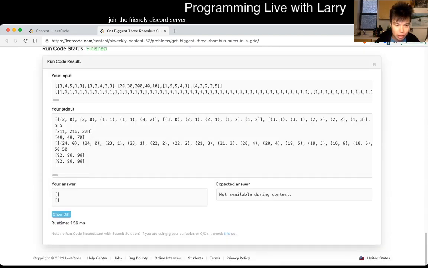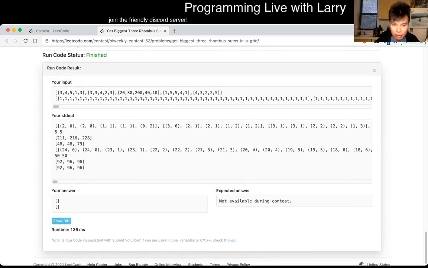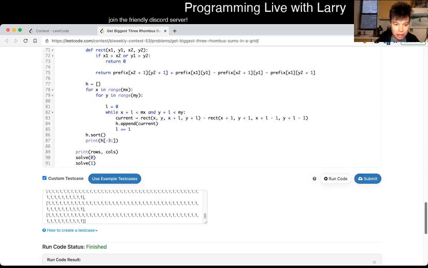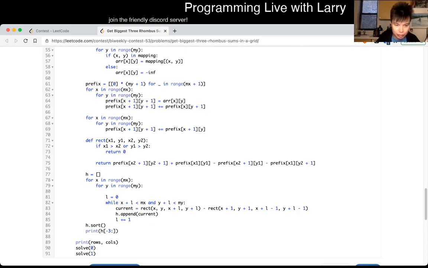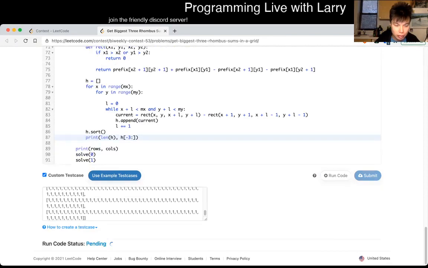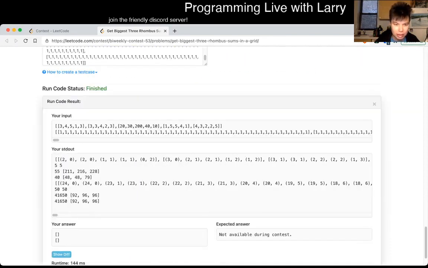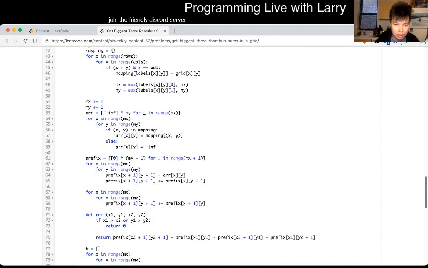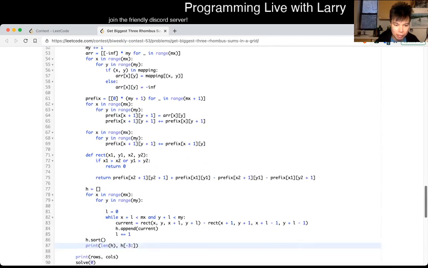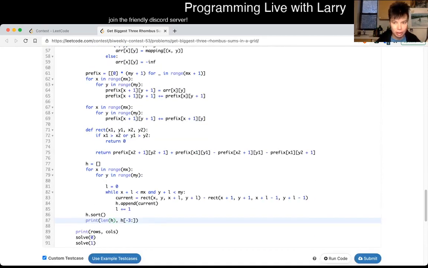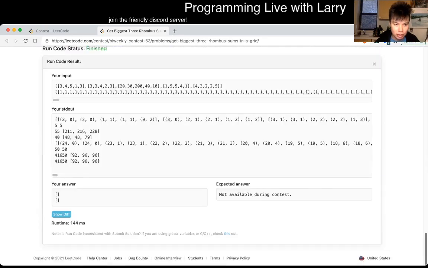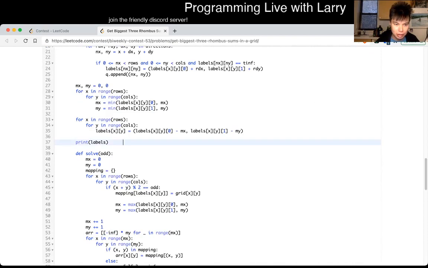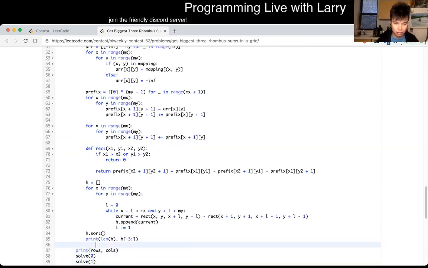Okay, 50 by 50 is fine, and the timing is fine. What is the length of this ridiculously long thing? Why did I put in a lot of stuff? Okay, 41,000 elements. I'm not going to worry about it. Yeah. Okay. I guess we're mostly done. We just have to get rid of printing stuff, and also